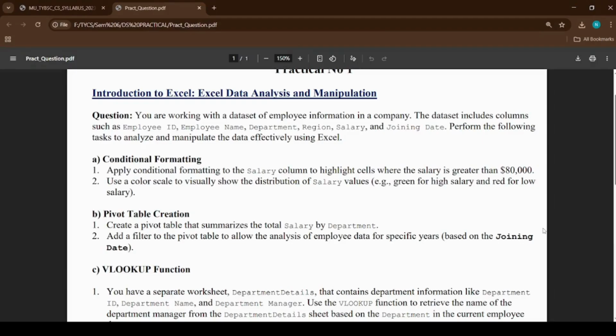Hi everyone, welcome back. We'll be continuing with the TYCS Data Science Practical number 1, sub question 2, that is pivot table creation. So, we have first one, that is create a pivot table that summarizes the total salary by